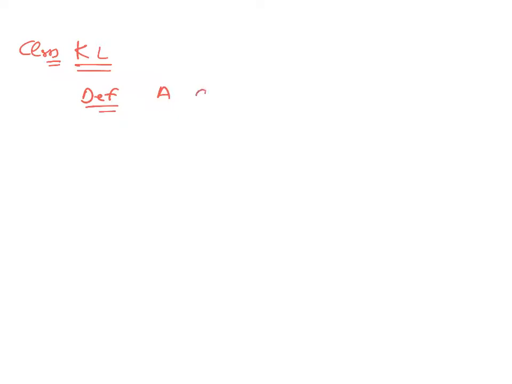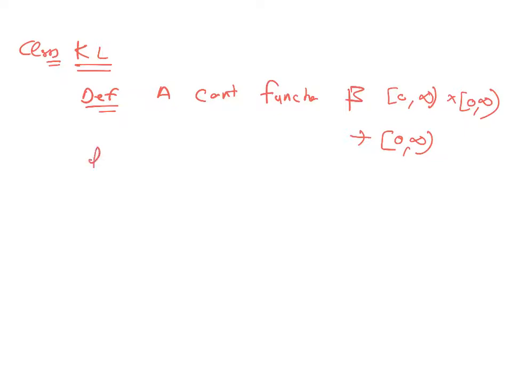So a continuous function, this is interesting, you'll see. We were denoting class K functions by alpha; we will denote class KL functions by beta. Beta takes values from 0 to infinity. It has two arguments: beta is a function of two variables, and the answer is between 0 and infinity. It belongs to class KL if